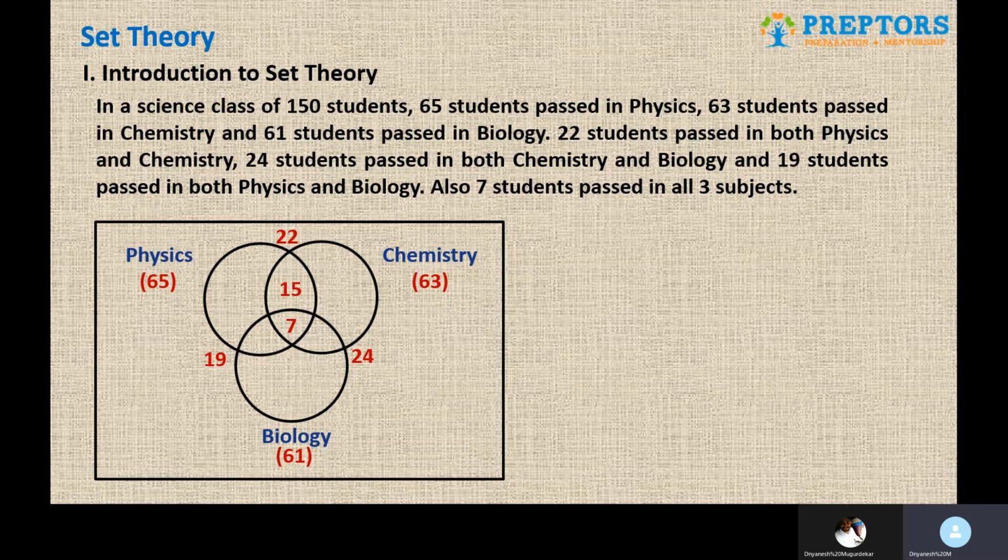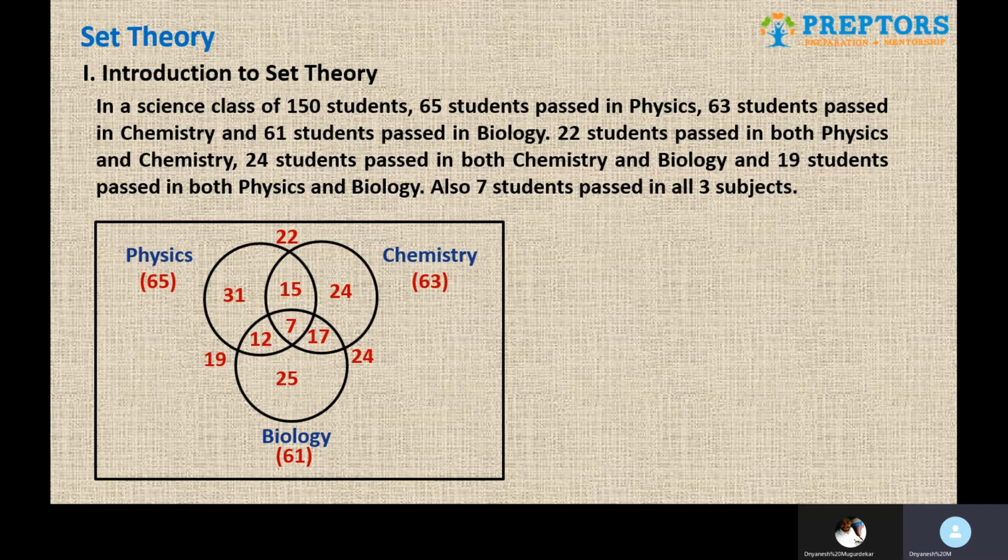Same goes for the other two. You know 19, you know 7, subtraction will give you 12. You know 24, you know 7 on the right side, subtraction will give you 17. Once you again have these in-between values, now you know the entire circle of physics is 65, out of which you know the three values. Obviously add the three of them, subtract from 65, you will get only physics, which is 31. Same can be replicated for only chemistry and only biology. Add the remaining three values, subtract from 63, you get only chemistry as 24. Add all three, subtract from 61, you get only biology as 25.